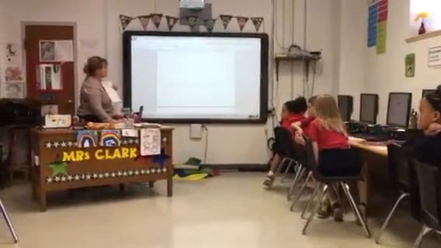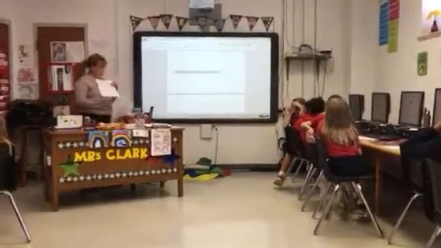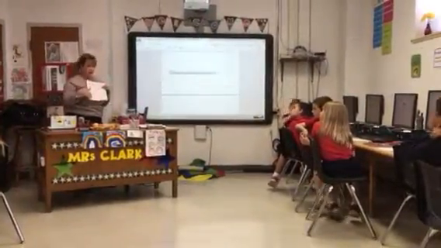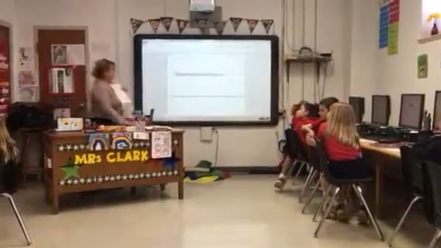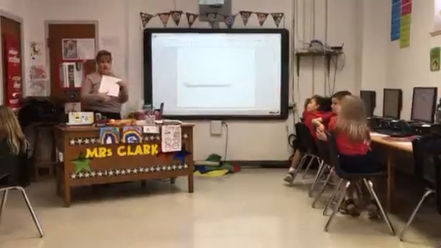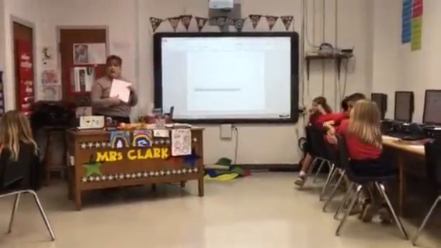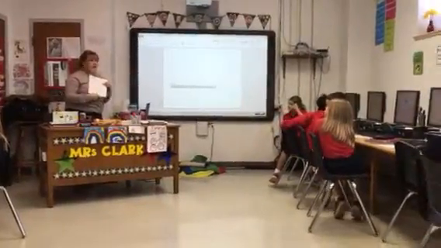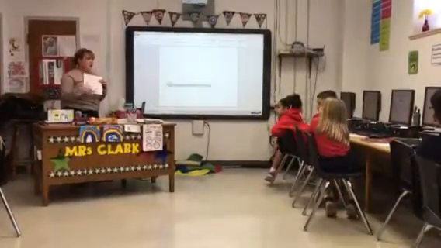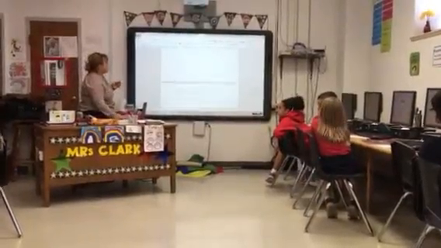After you type that, you're going to scroll down, and it says the middle. You're going to type what you wrote for the middle of your story. And then you're going to scroll down and type what you wrote for the end of your story. I think that'll probably take you most of the time. If you get done with typing your story before it's time to go, if you want to go back to